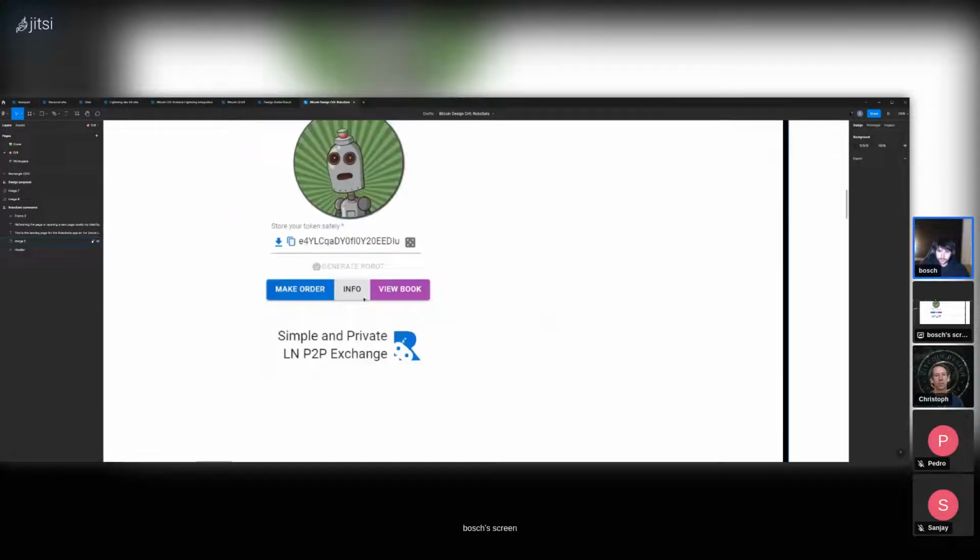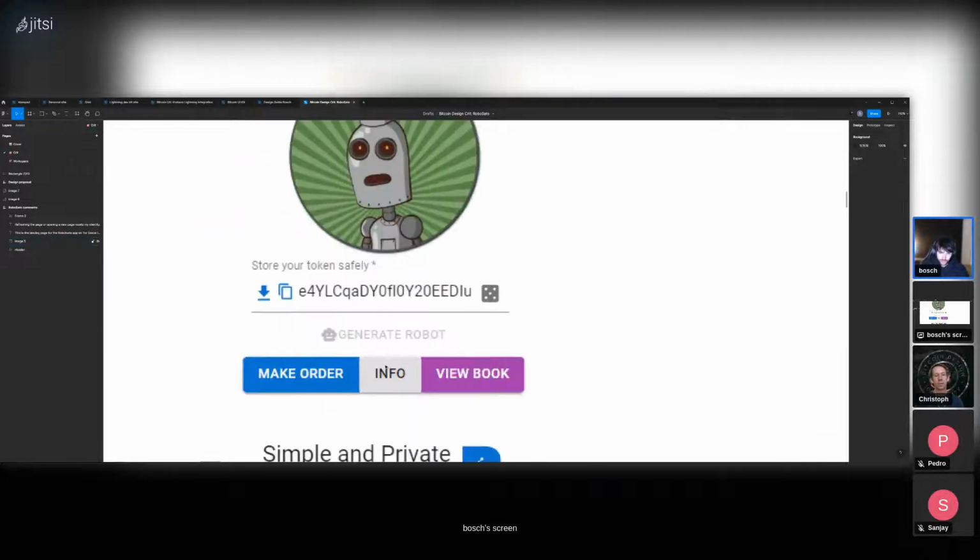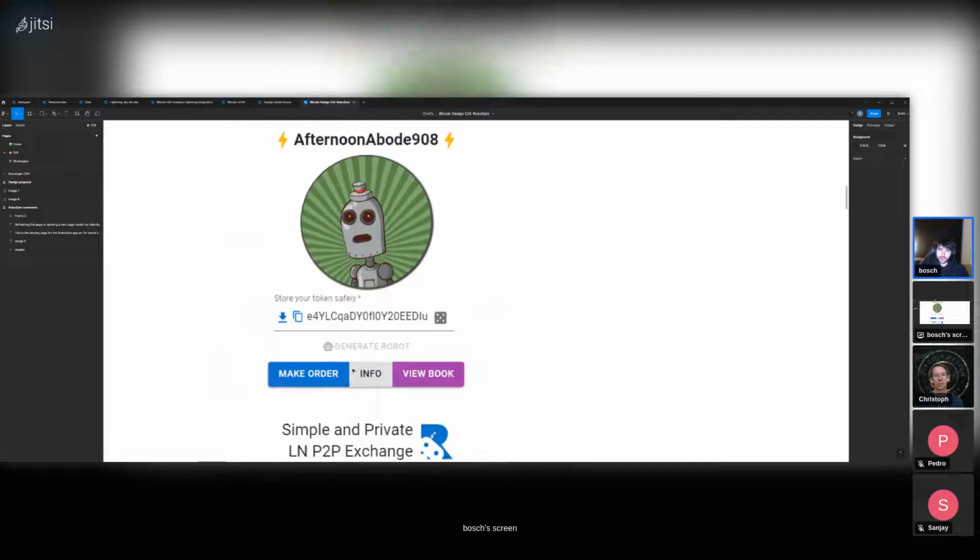So maybe first bit of feedback, while I'm on the topic of these call to actions: going on the angle of being more of an ad-based service, rather than saying it's an exchange and it has an order book, would make a bit more sense. Similar to how on local Bitcoins' website, you post advertisements, you don't post trades. It's not like an exchange,